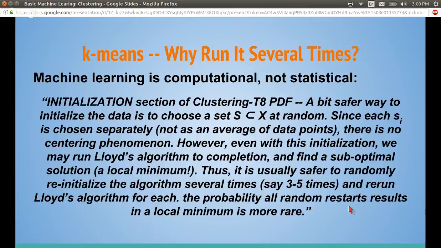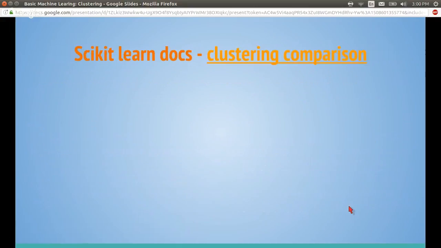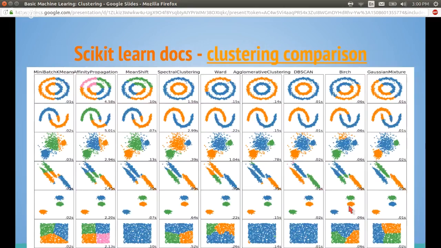So when you're trying to minimize a cost function, the point he's making here is that you run your clustering algorithm several times, and that's how you get around finding the wrong answer, finding the wrong minimum. Now this is something we're going to look at live in a minute here, but that's what I was getting at.